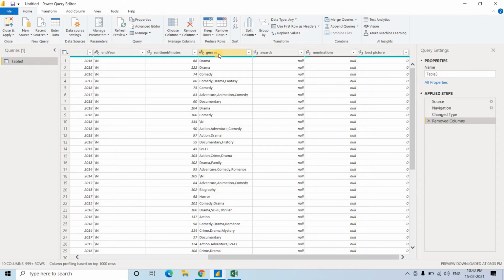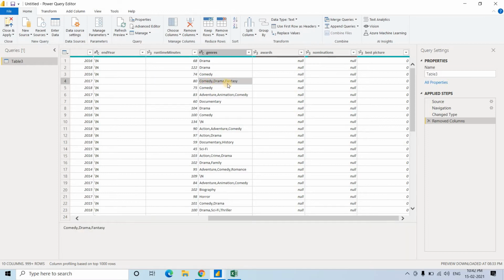Okay, but there are some movies which are hard to classify like this, so it might happen that they come under multiple categories. Like suppose you consider this particular row, the movie is a comedy movie, drama movie and fantasy. Okay, all these things, like here adventurous, okay, then animation is also present and comedy present. This one is documentary, like that. So basically what is present here in this particular genre column is either one single value, or maybe 3 values, or maybe 2 values, which are separated by comma.